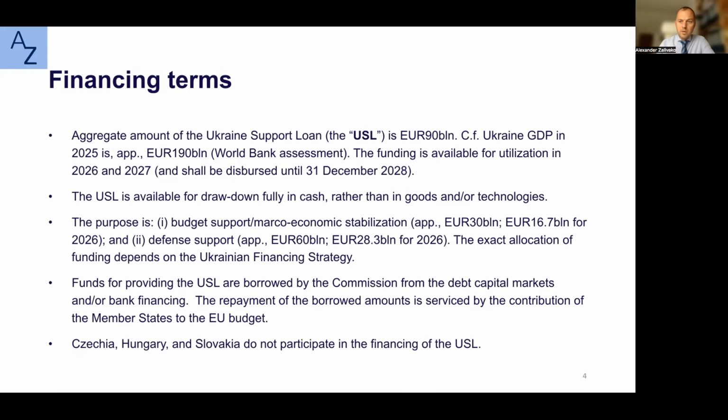So it was decided that eventually the European Commission will finance the loan in the typical financing means by way of capital markets, bank loans. So they would just borrow by way of issuing bonds or obtaining a loan from the financial institutions, more likely bonds, as they typically do. And then certainly the bonds will be serviced both in terms of principal amount and any coupon which is payable on them from the membership fees of the EU member states.